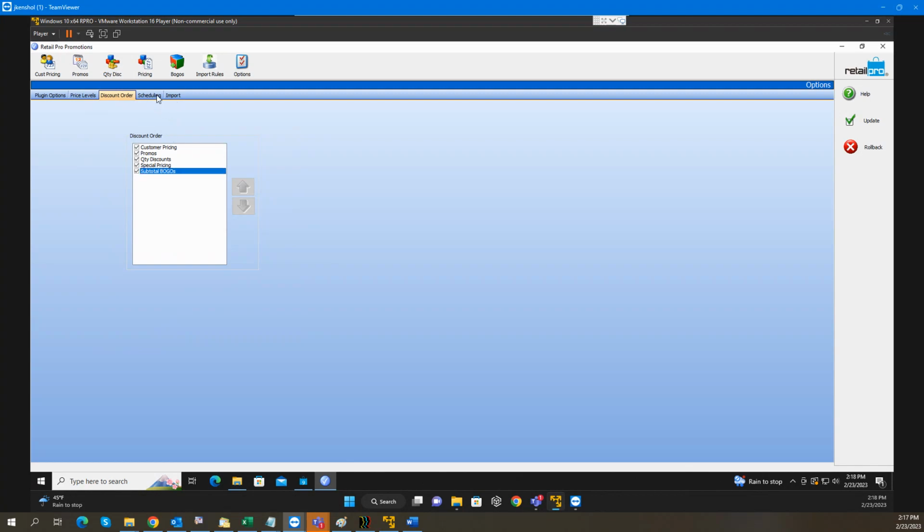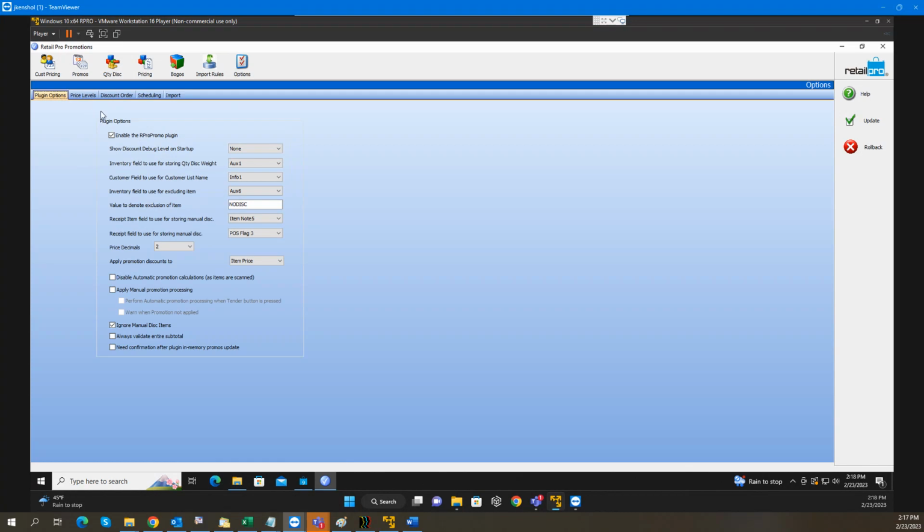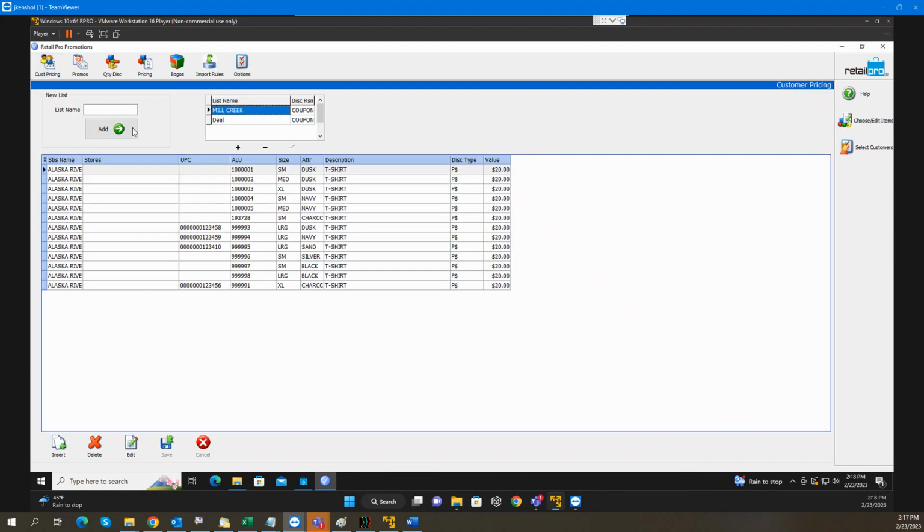Schedule and import, not much going on there. This is just when months and seasons start, and I haven't even played with seasons in here. No one's ever asked me for that, oddly. And there's an import export function, which I have not played with a great deal either. All right, so we're going to click update, save that, and we're going to start talking about these different types